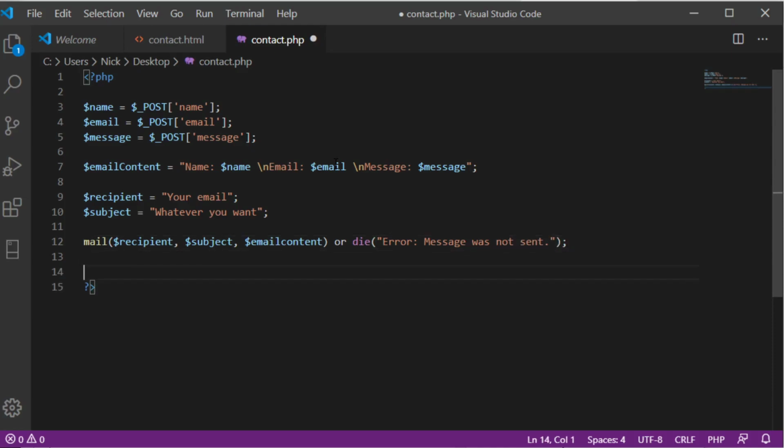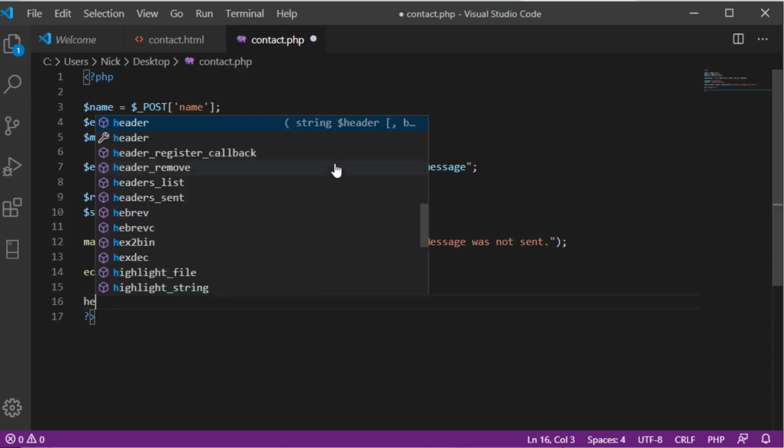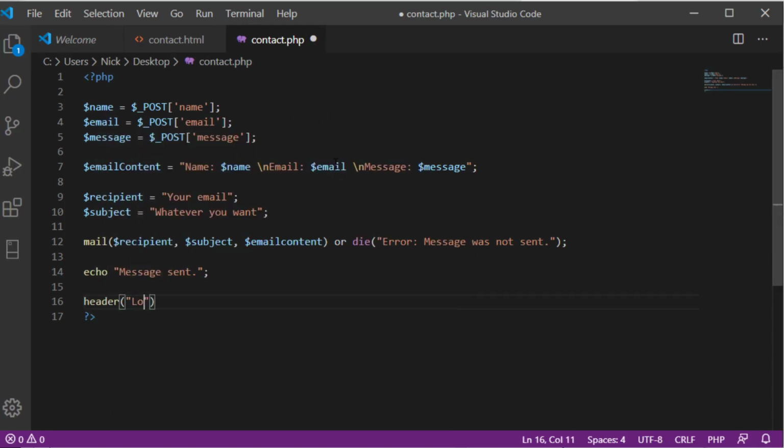So there are two options from here. You can either echo something back, so we can echo back message sent. Or we can send the user to another page, and sending them to another page is probably the better thing to do. So to send users to another page, you put header, and then you do location, and then you say